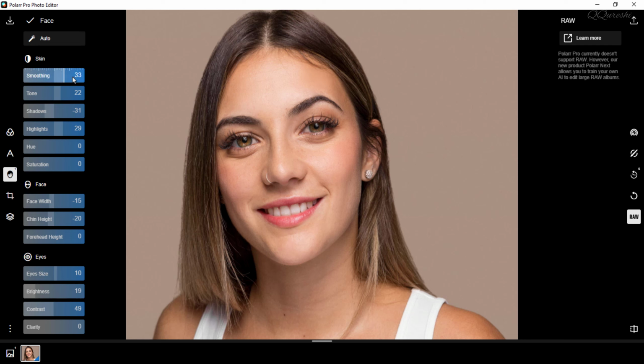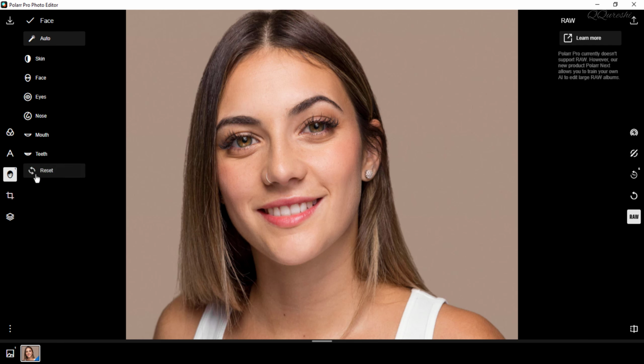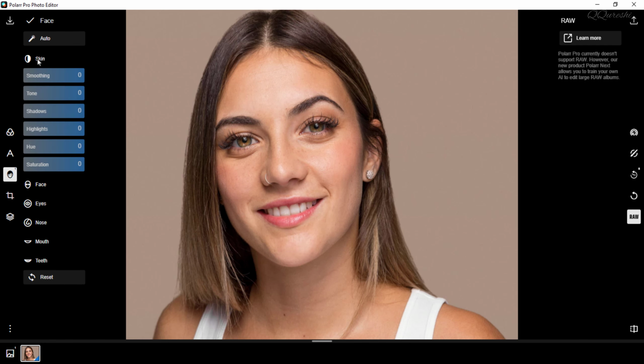But if you click on Auto, all values will be adjusted, as the smoothing value becomes 33, tone value 22. Similarly, all values will be adjusted here. But if you want to reset it and adjust it to your liking,